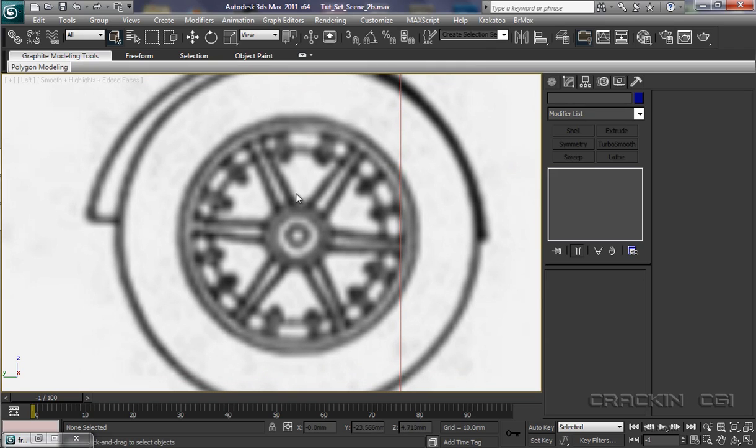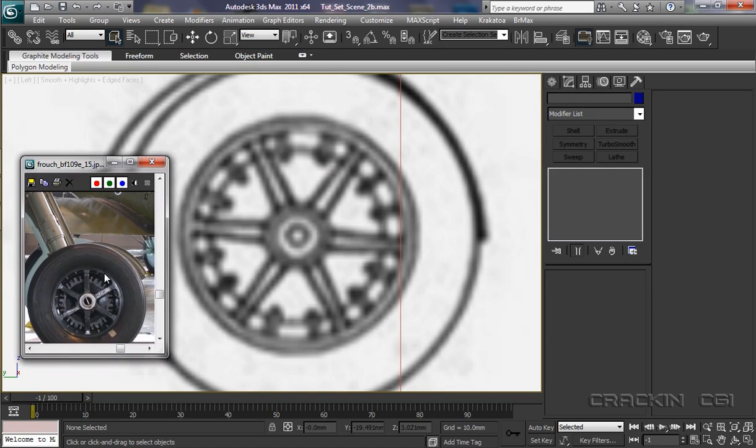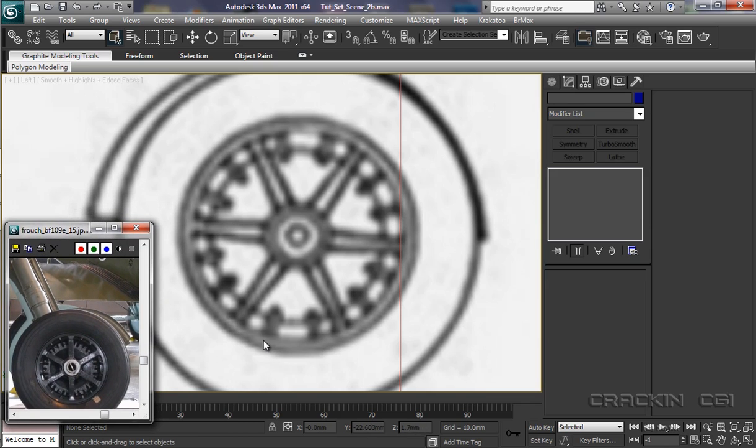So this is what we're going to be creating. Now I do have an image already, and as you can see, that looks quite intricate, but no problem. Okay, let me just put that down there,